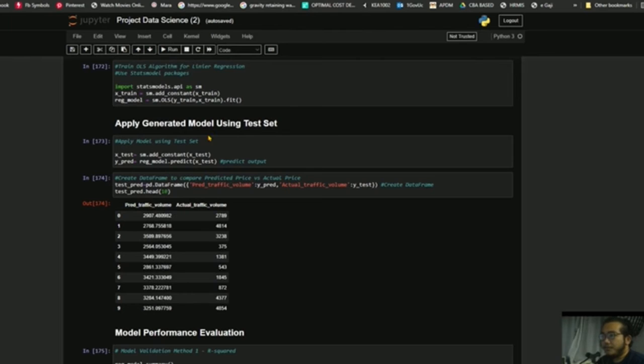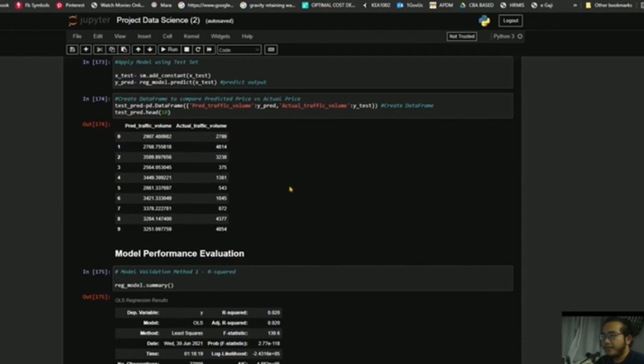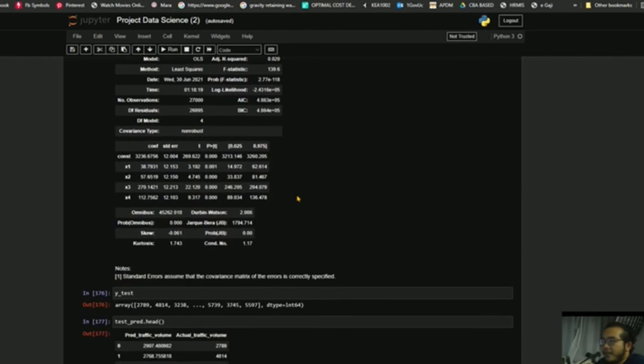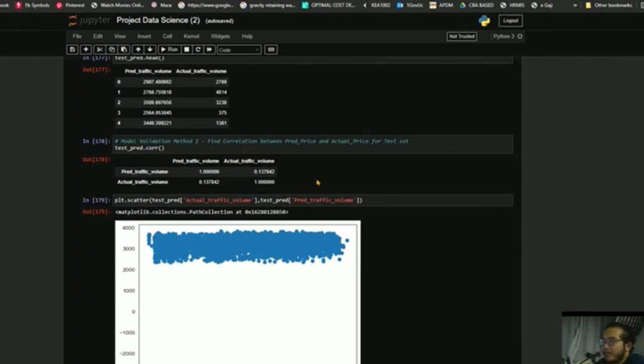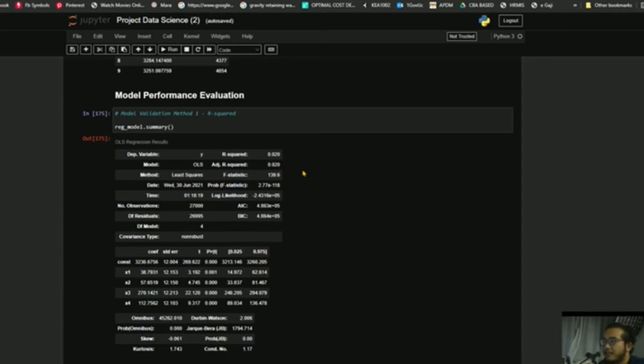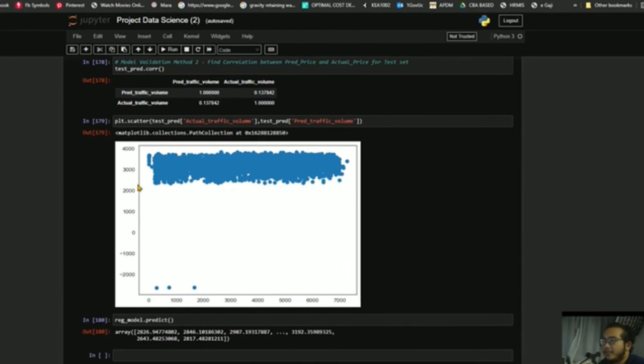We are going to use a model with two different kinds of method, which is model validation method. One is R square, and the next one is to find the correlation between the predicted price and the actual price of the test. So from this R square we get 0.02, and the scatter plot we can see it's in the